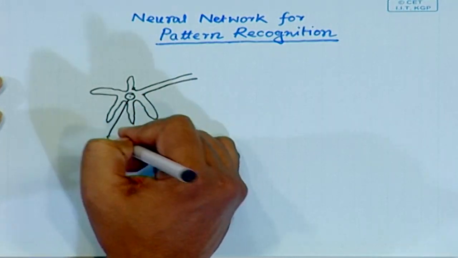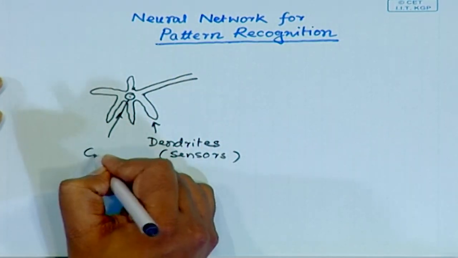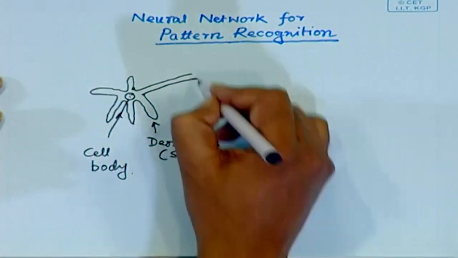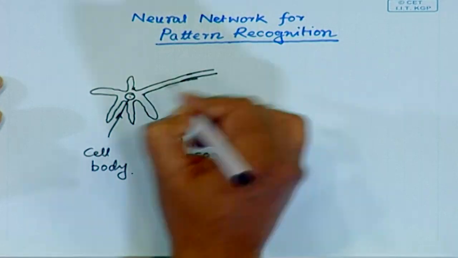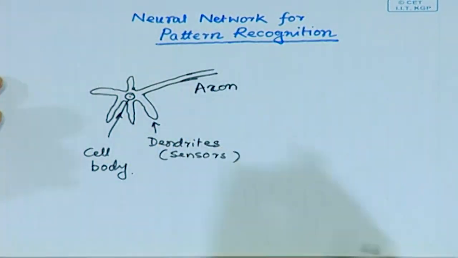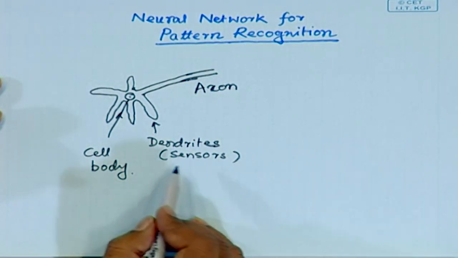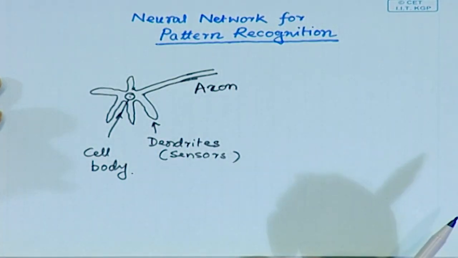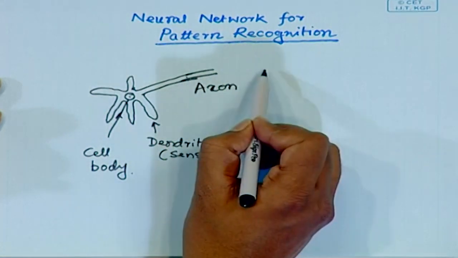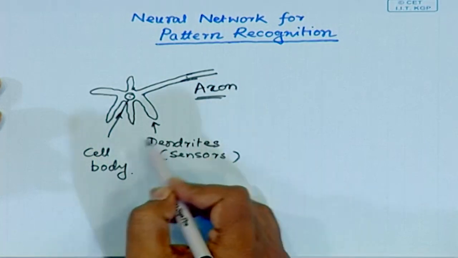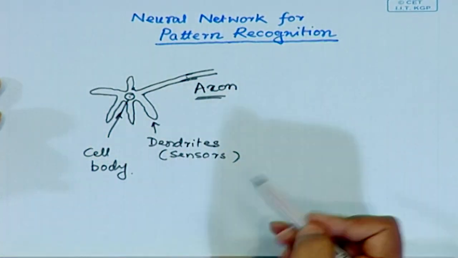Inside I have the cell body, and these fibers are actually called axons. These dendrites, or the sensors, actually sense different stimuli, and that signal is carried to the brain by these axons. Depending upon what kind of stimulus or sensing this cell body has done,